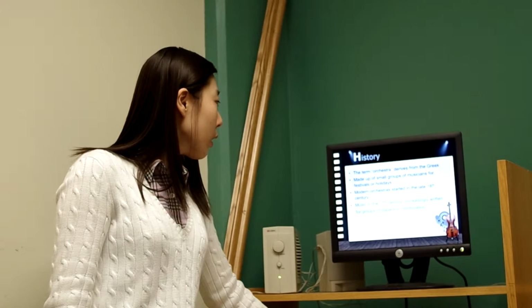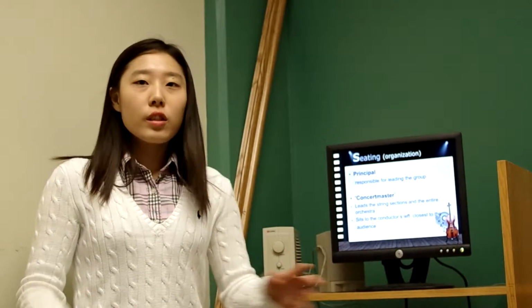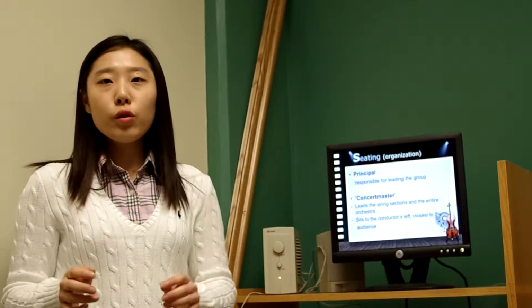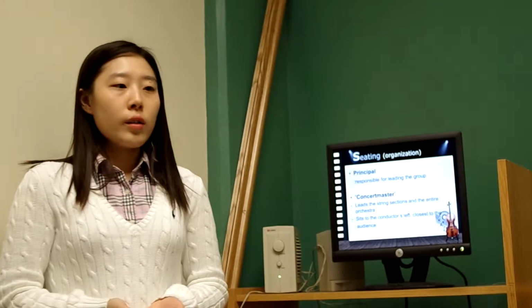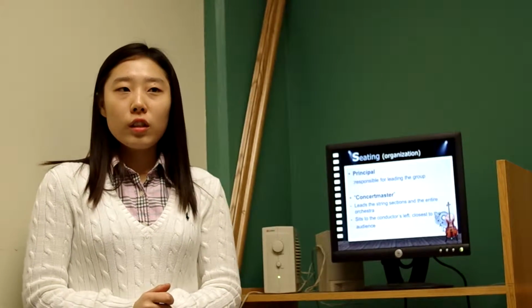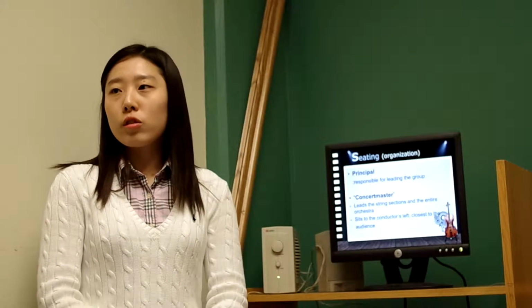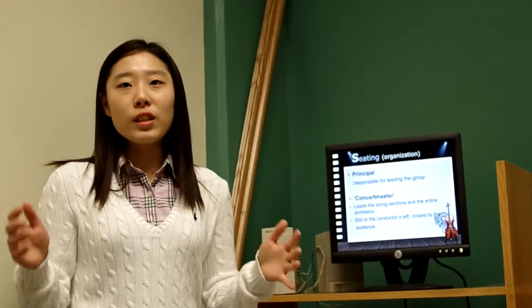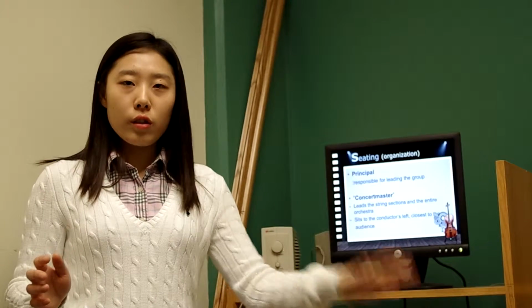The next thing that I will cover is seating of orchestra. Each instrumental section has a principal who is responsible for leading the section. The principal first violin is called the concertmaster, who not only leads the string sections but also the entire orchestra. The concertmaster usually sits to the conductor's left,